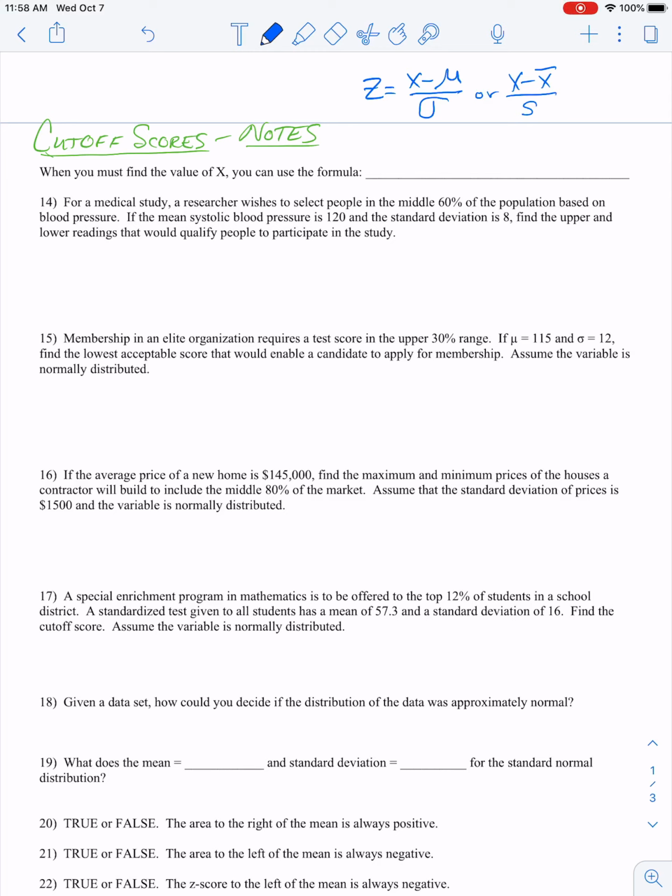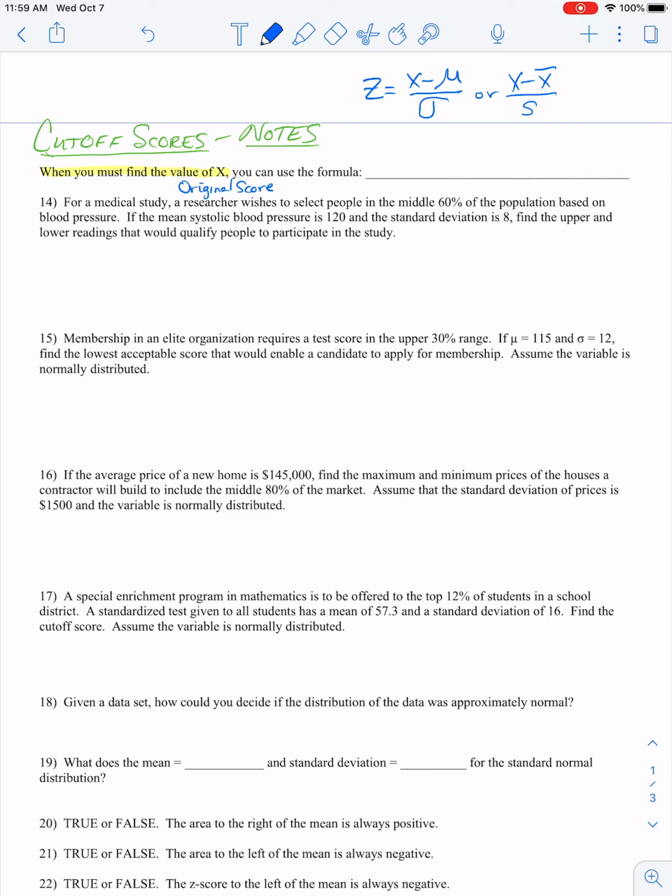Hello, this is part 2 of the video featuring how to do intro to application problems. This video will focus on how to find a cutoff score, or if I give you a percentage and you have to work the problem backwards to find an original value. Okay, so at the beginning here, it says when you must find the value of x. So when you're trying to find an original value or original score,